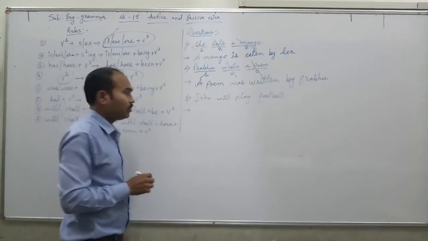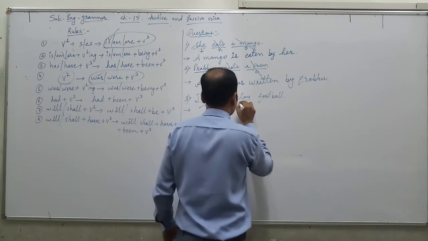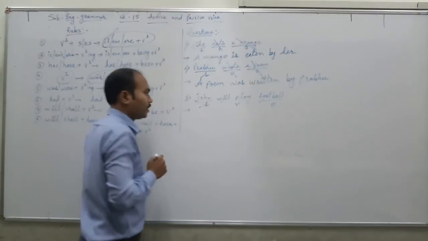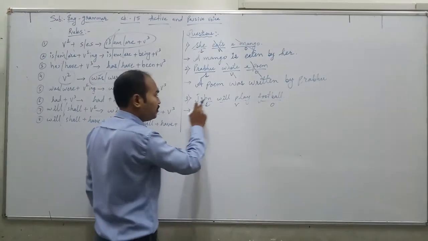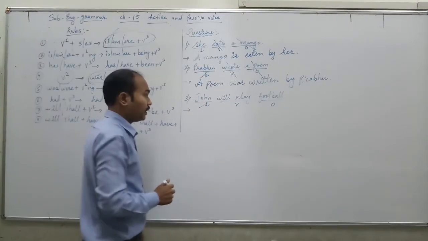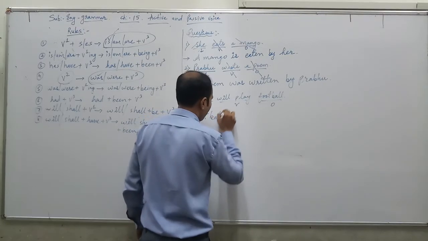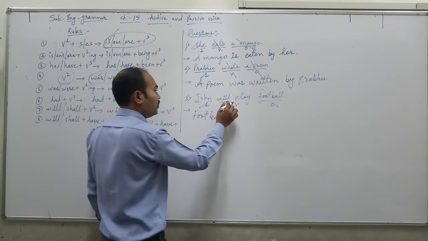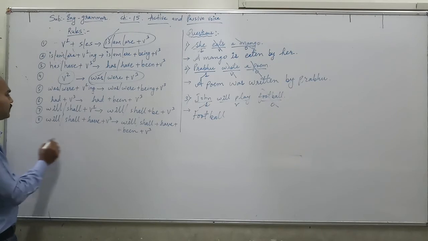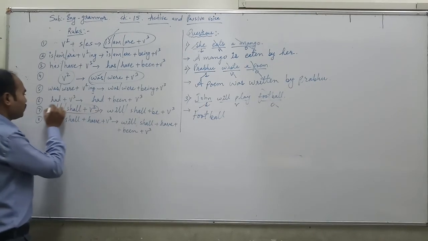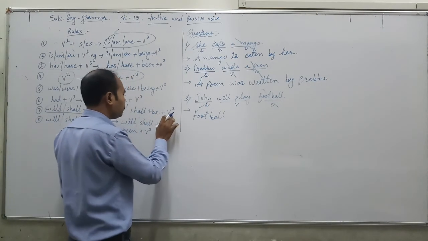Okay? And finally, the third question. Underline the subject, verb, object. Now again the object will go to the place of the subject, then the verb, and the subject will go to the place of the object. So the object is football. Done with this. Now the verb. In which form is the verb? Will play. Will plus first form of the verb. It is over here: will, shall plus first form of the verb. It is changed into will, shall be V3.